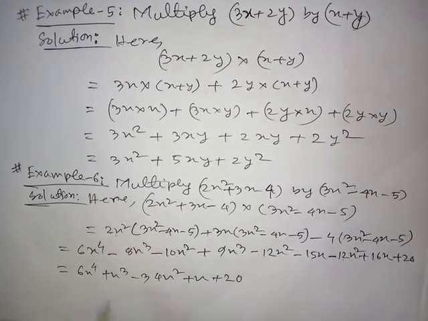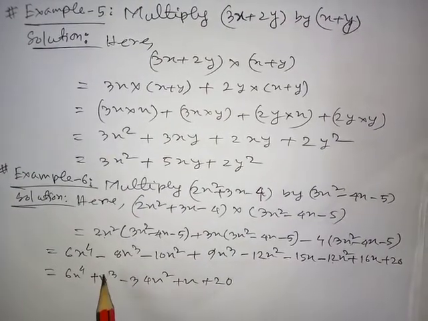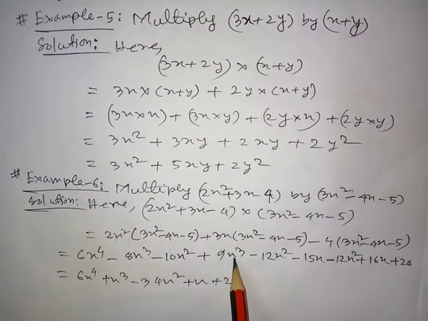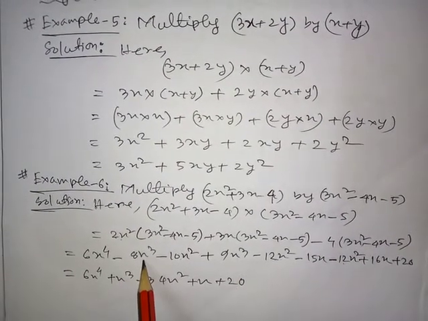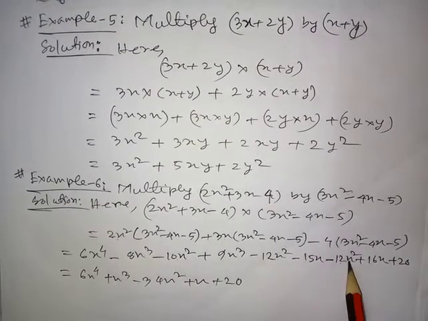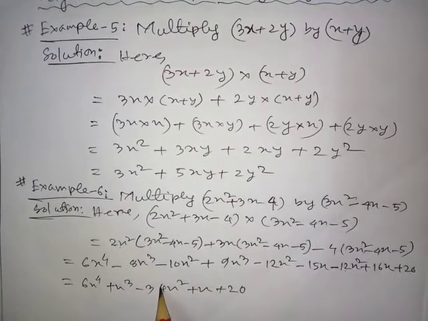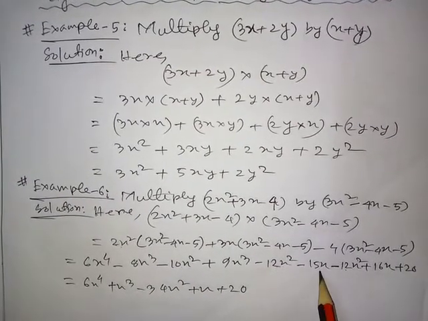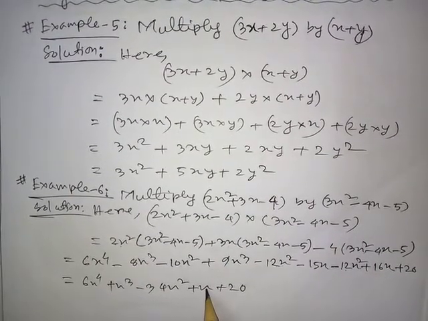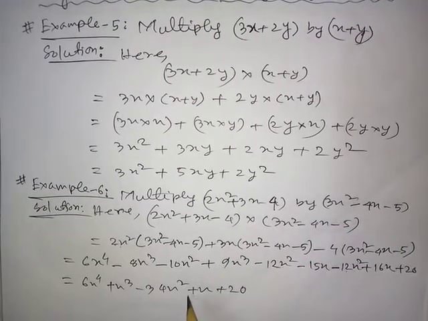So after this, at last we will get 6x^4, then this. Now here is x cube, here is x cube. Here is 9, here is 8, so after the subtraction we will get x cube. For x square, here is x square, here is x square, x square. So 12 plus 24 and this 10, that means 34x square. Now here is 15x, here is 16x. Here is minus, here is plus, so we will get plus x, and at last 20. So this is the final result of this multiplication of a polynomial by another polynomial.